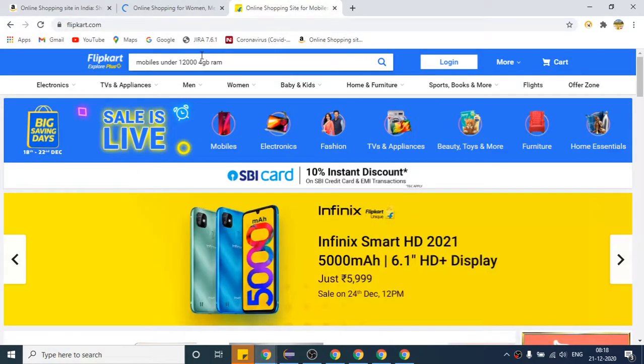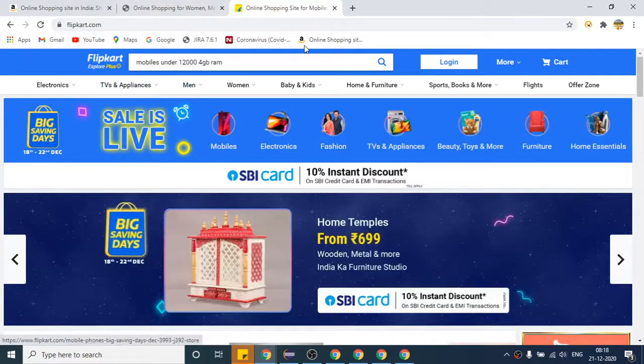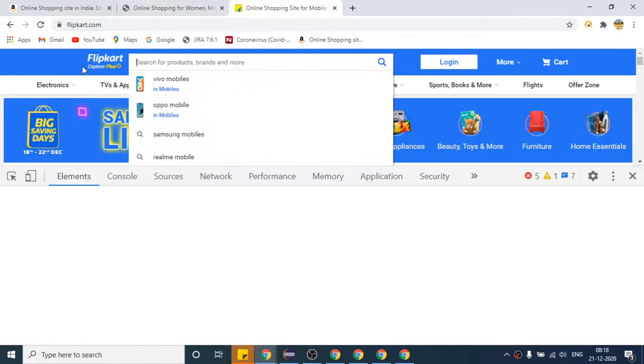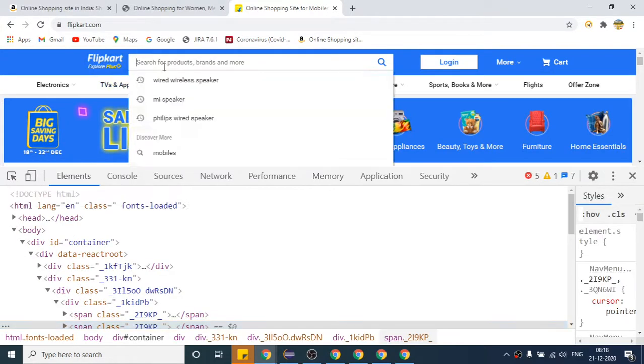Here, if I right click and try to click on inspect, this list disappears, so it is not allowing me.